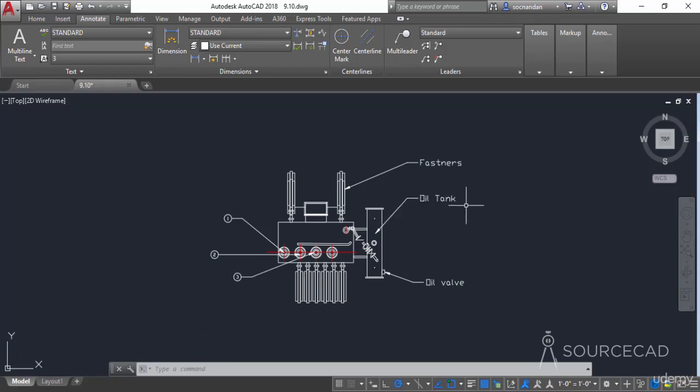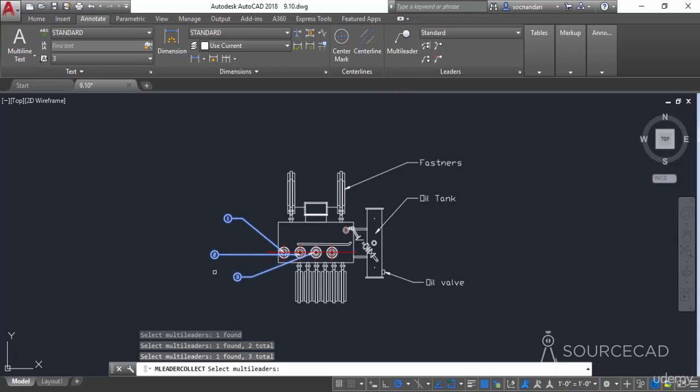Now there is an option of collecting the multi-leaders. So using this collect option, you can collect multiple multi-leaders and convert them into a single multi-leader. But for that, you need to have this kind of multi-leader on which the trailing end has a block. We'll learn more about blocks later on, but we have added these multi-leaders using the tool palette, and this tool will only work on the multi-leaders which were added using tool palettes. So for using that tool, I'll select all of these multi-leaders